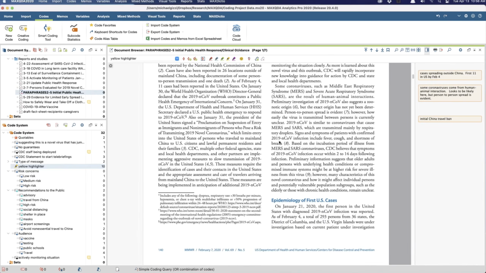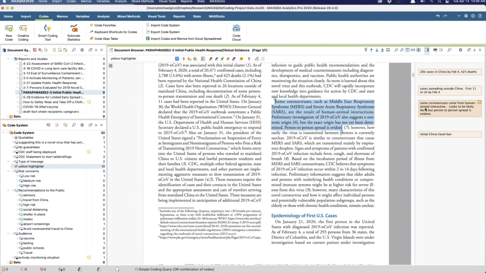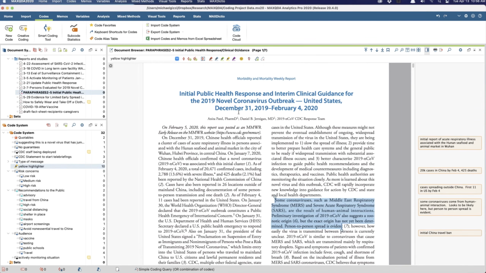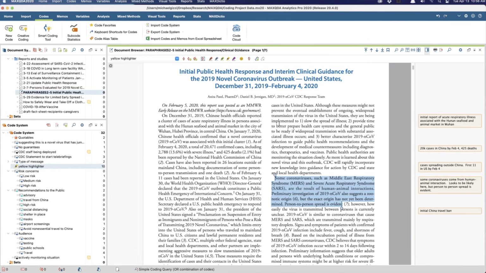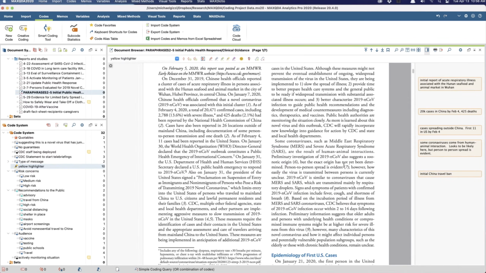You'll notice I do have paraphrases. This was actually the initial public health response and interim clinical guidance in January of that year. It's a PDF. If I want to code it, because it's text readable, I just have to click into it and drag, so you'll see the little icon there, and then I would simply add the code that I want.